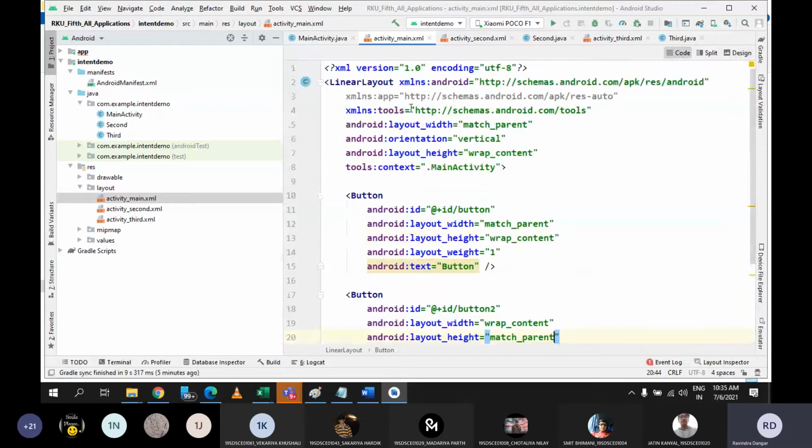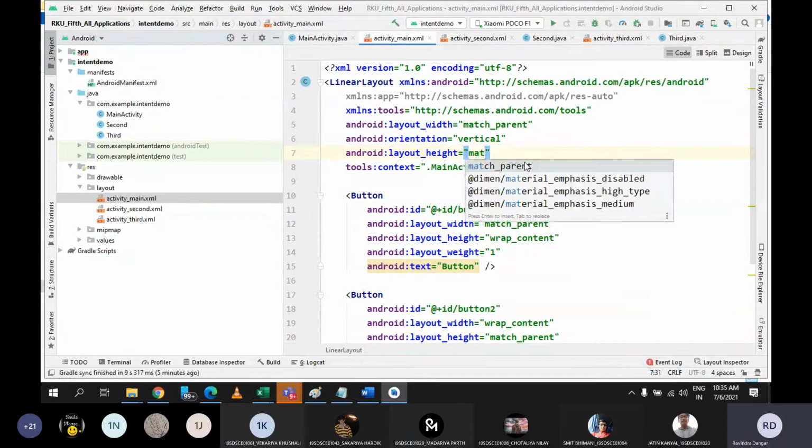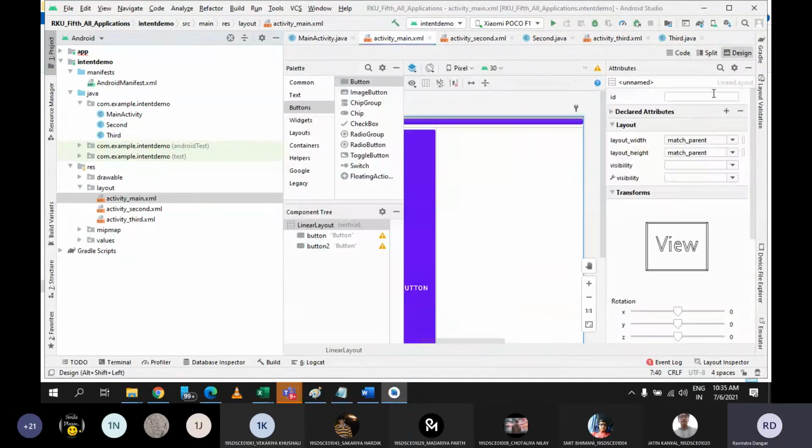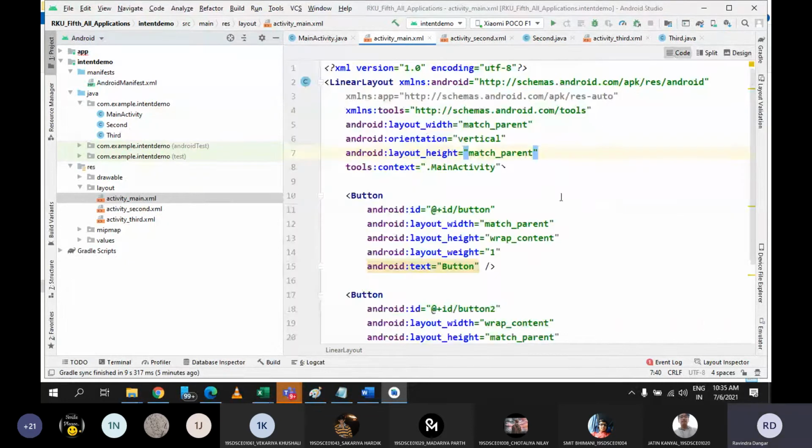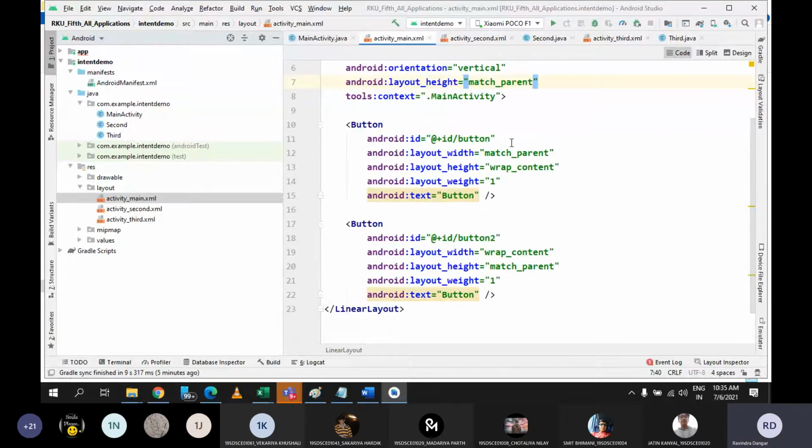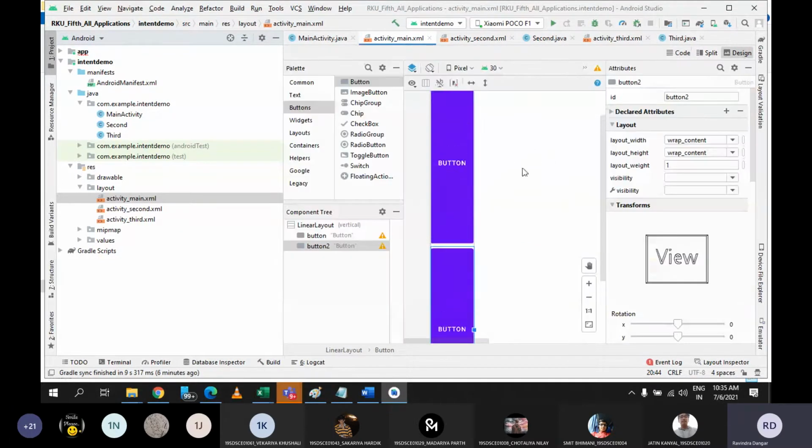But again for this layout, where is the height? Height is also wrap content, so I need to go with match parent. You can see. Fine. So yes, as of now, I want to cover the content only. So it is always advisable that you use the wrap content everywhere, because match parent is not ideal for most of the cases. Mostly we will use wrap content only. So this is how your design looks like.